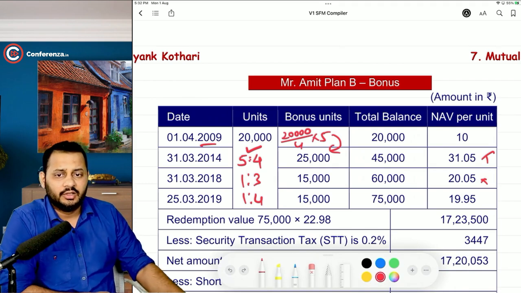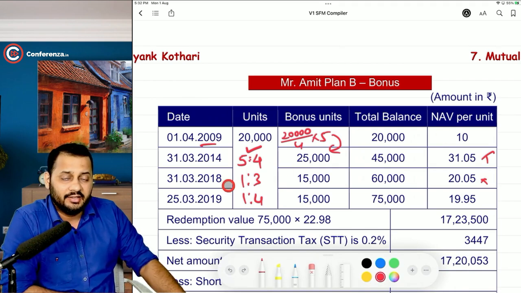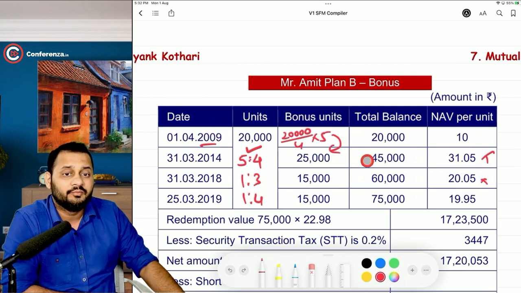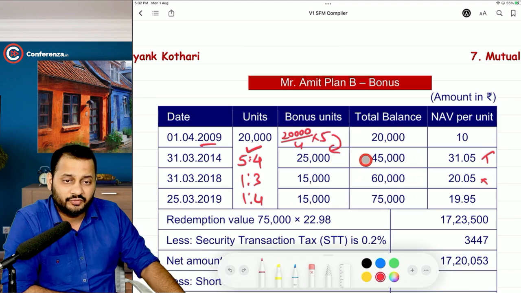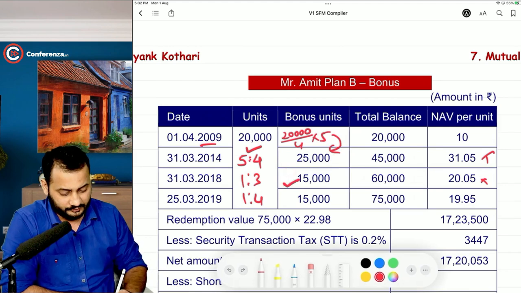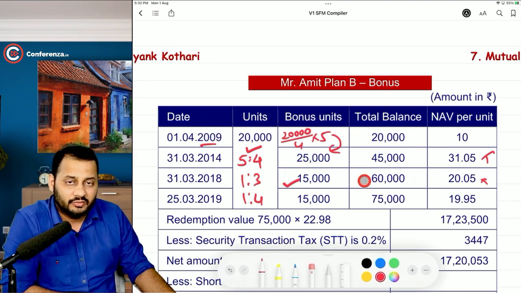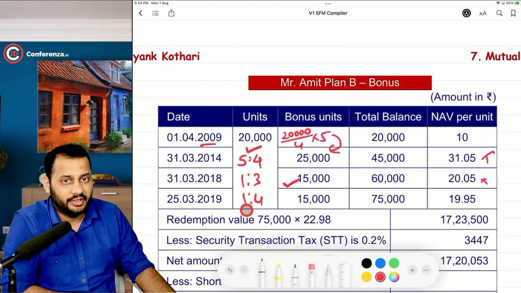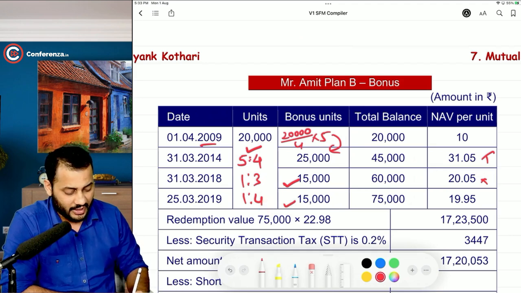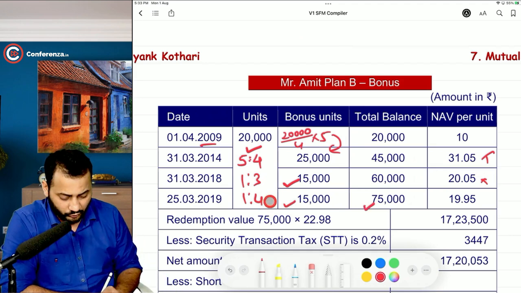So let's take it. And then in 2018, the next bonus was declared, that if you are holding 3 units, you will get 1 more. And at that date, please understand, we were holding 45,000 units. So 45,000 divided by 3, 15,000 multiplied by 1, 15,000. Getting it? So from that date onwards, we have 60,000 units in our account. And then the last bonus was declared in March 2019. 1:4 was the ratio. So 60,000 divided by 4 into 1, 15,000 additional units. So we have a total of 75,000 units, which we sold